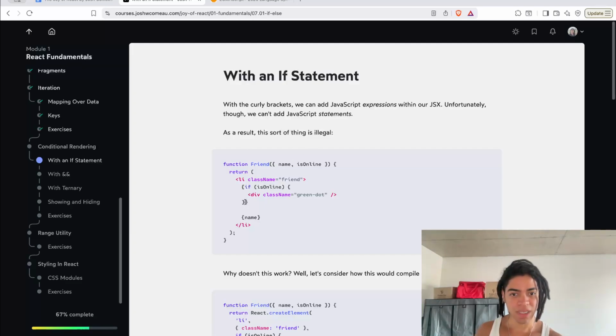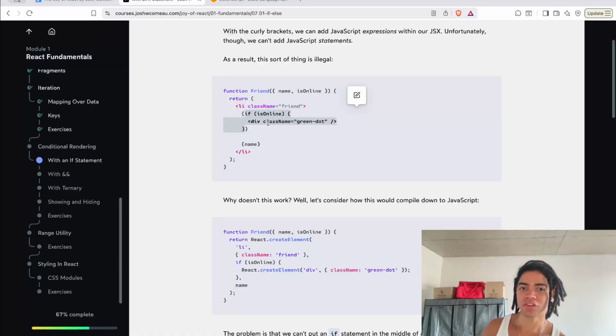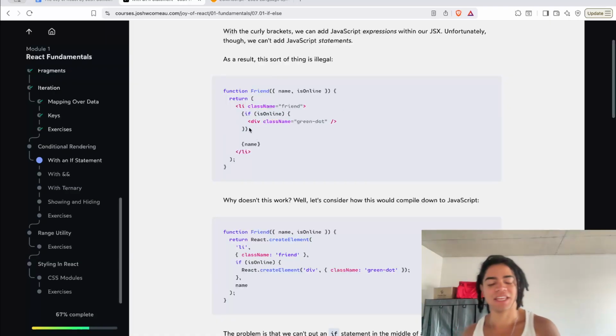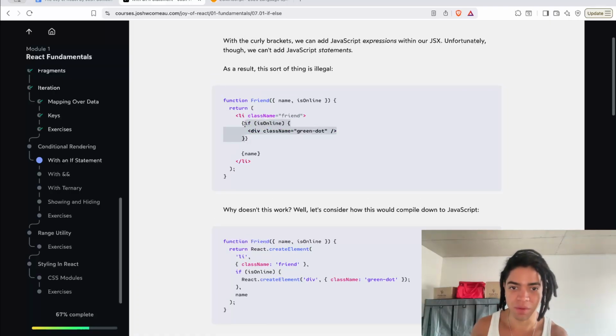Exactly. Why doesn't this work? Well, let's consider how this will compile. So if, for example, we make this, okay, and we try to compile this,